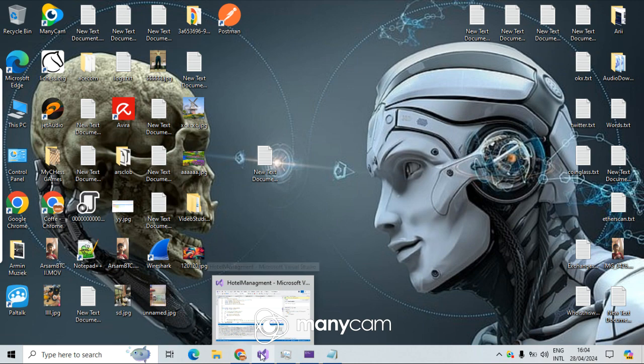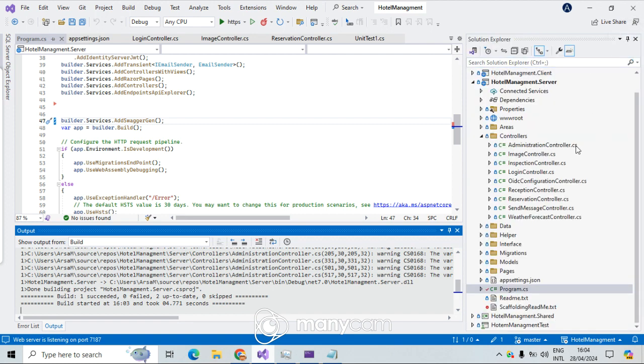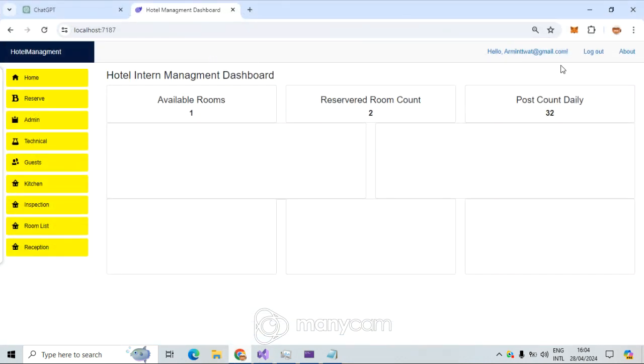We want to make a security for Swagger. Let me make it clear what I mean by security. Let's go to, first of all,